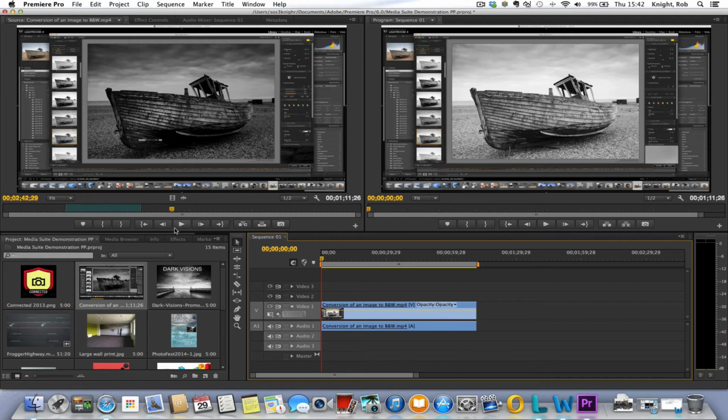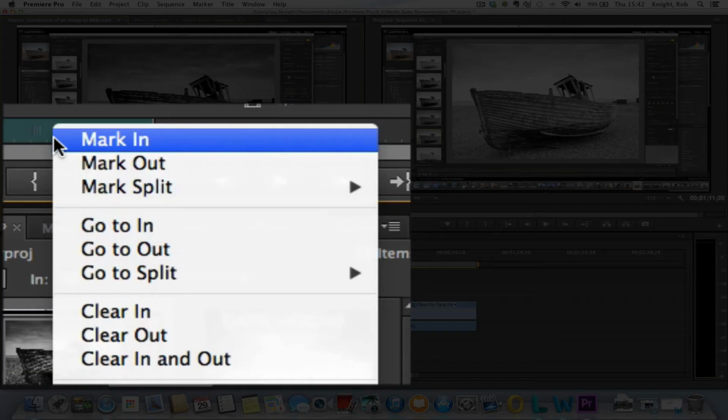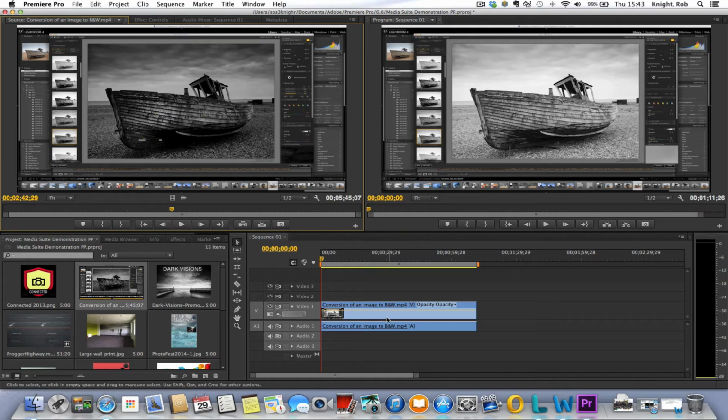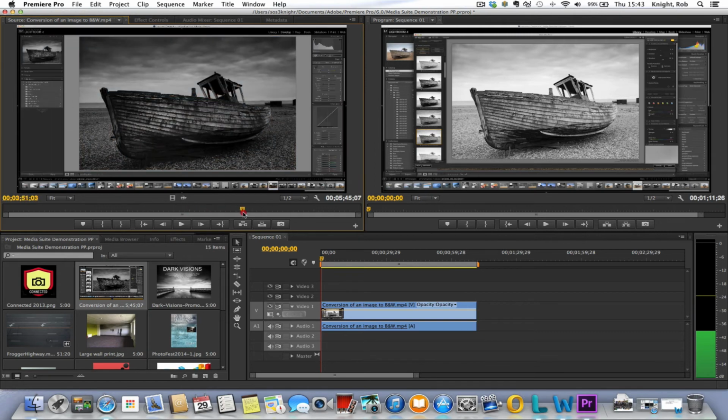What we could also do is, if we wanted to clear these in and out points, we would right click on this timeline, on this line here where the out and in points are marked. We can just click clear in and out. That doesn't clear it in the main timeline window, that only clears it in this selection window. And then if we wanted to select another portion of video, maybe further down towards the end,